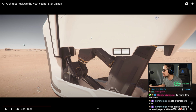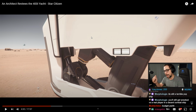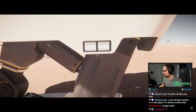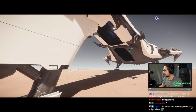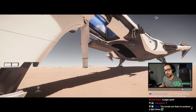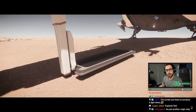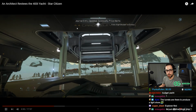But if exploration does become a valid mechanic in the game at some point, I could see this ship being that competitor to the Aquila, right? Or the Aquila, or however you say it. It has 3 different budget ways of getting a yacht inside, one of which really doesn't get you anywhere, but allows you to store your own XL1 hover bike from Origin, which isn't in the game yet, but you can get the Nox, which is in the game and purchasable at ship outlets. So there's that. Now, in the rear, you've got a 40...